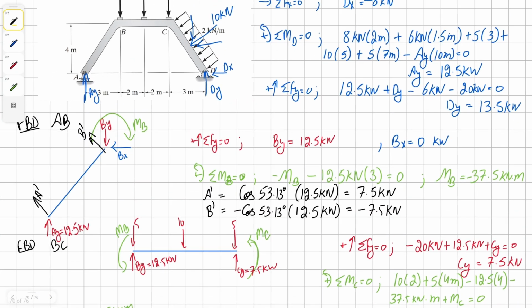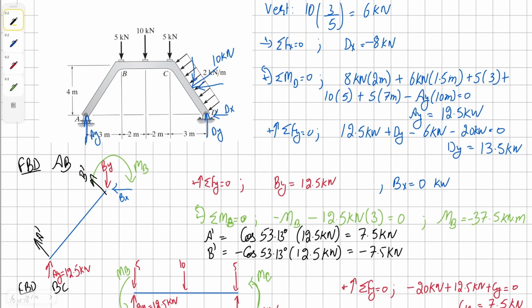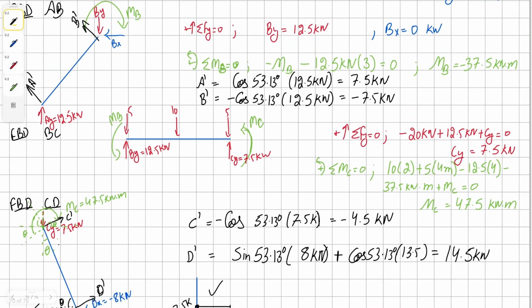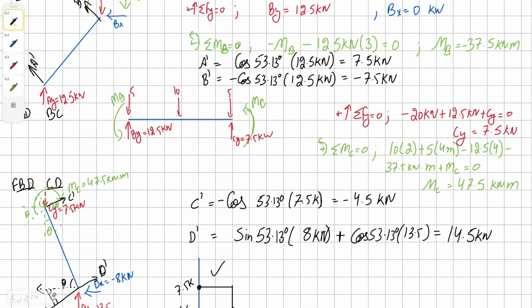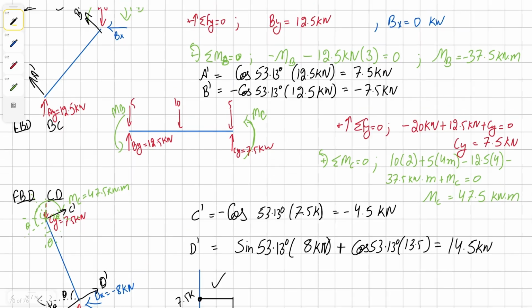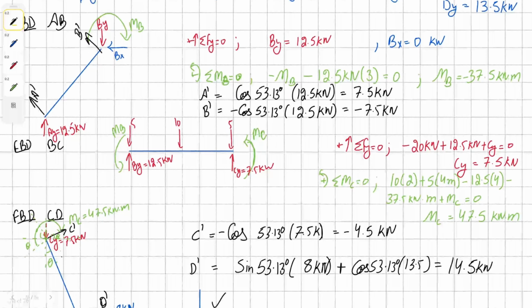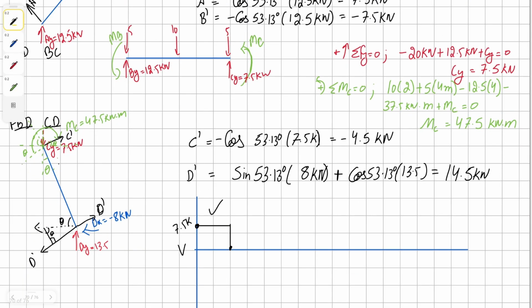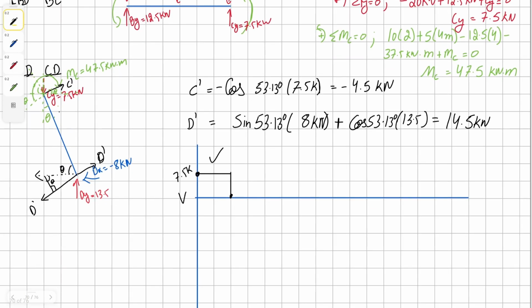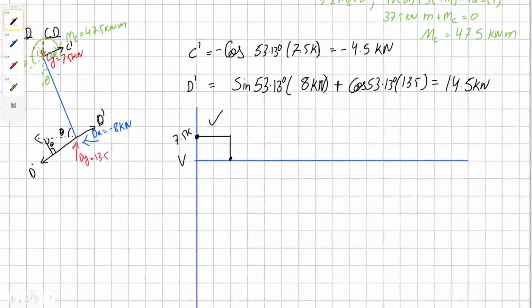After that, we have a positive B prime, plus negative 5. So 5 take away 12.5 is negative 7.5. We're going to go up 7.5 points, and then